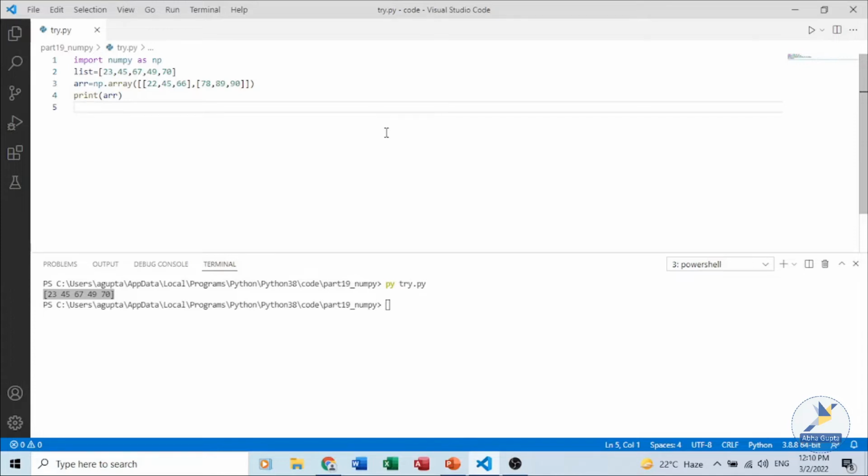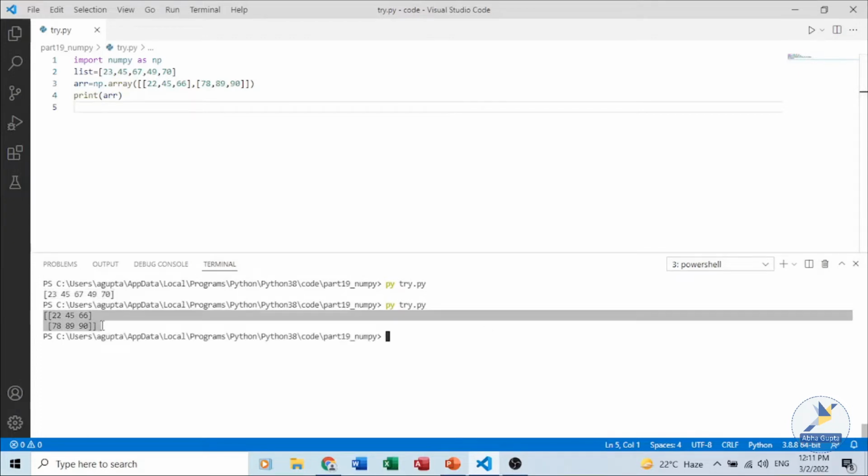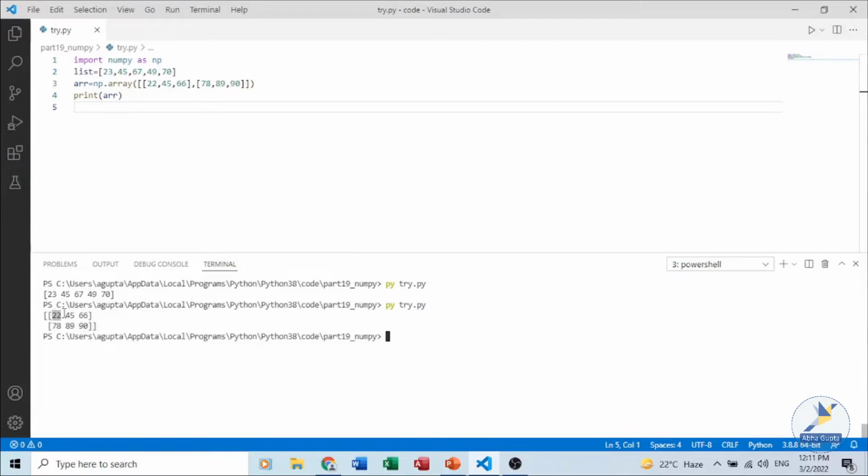If we talk in terms of other languages like C and C++, we have rows and columns like in a tabular form, or like it is stored in matrices. Let's save and execute. You could see the difference. You could see the output in the form of two rows, row number 0 and row number 1. This element is the 0th row, 0th column, this element 0th row and first column, then this 0 and